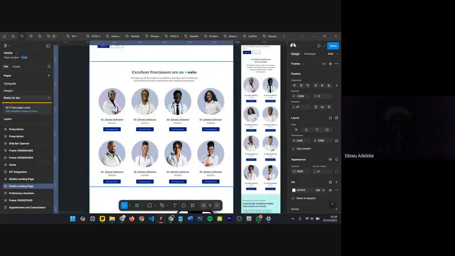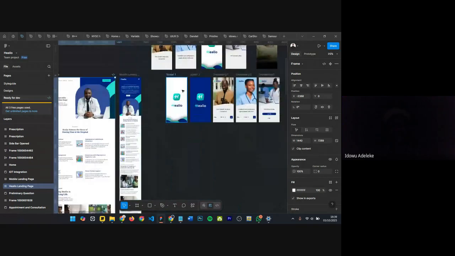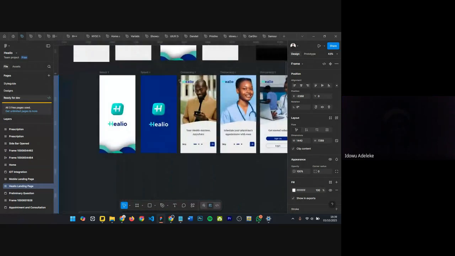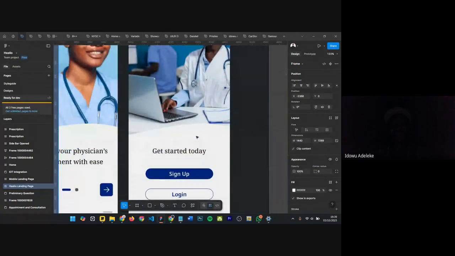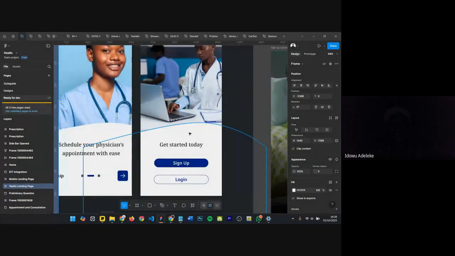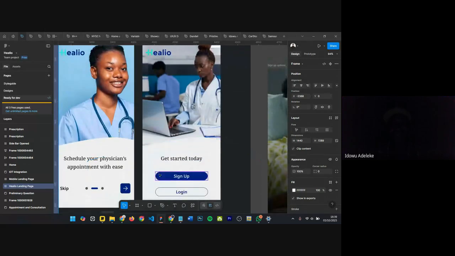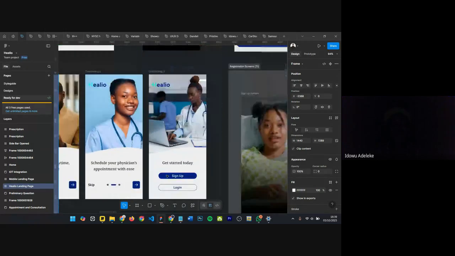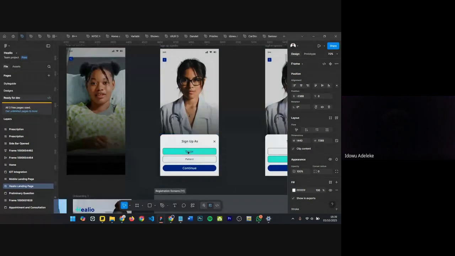So here, you like the application. The next thing is what? They get to see the application. All this one are just the onboarding pages. Then if they have an account, they log in. But if they don't have an account, in this case, they are coming from the landing page. They click on sign up. From that sign up, you can see they can actually sign up as a doctor or as a patient. That's what we have here